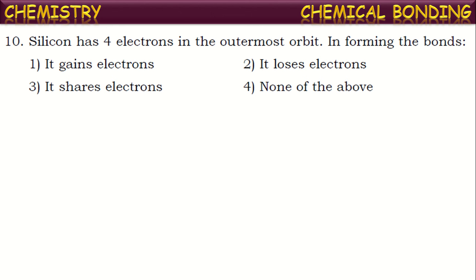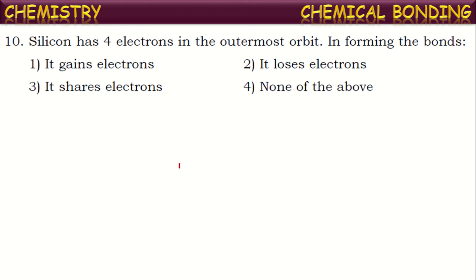The elements which have 1 or 2 or 3 valence electrons generally donate these electrons in the bond formation, thus they form positive ions. And the elements which have 5 or 6 or 7 electrons in their valence shell are ready to accept electrons and they form negative ions in the bond formation. But the atoms with 4 electrons cannot gain or lose electrons. Thus, they participate in the bond formation generally by sharing of these electrons.